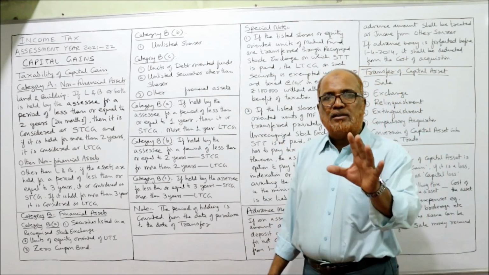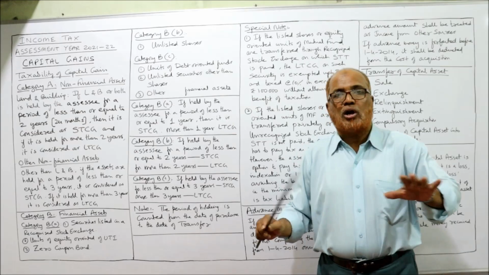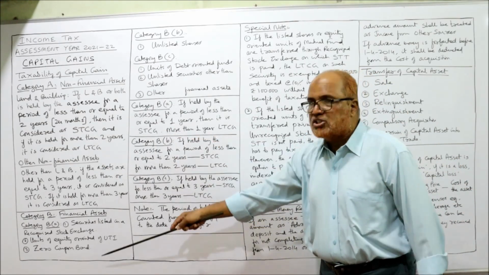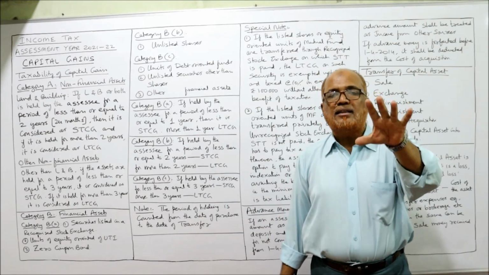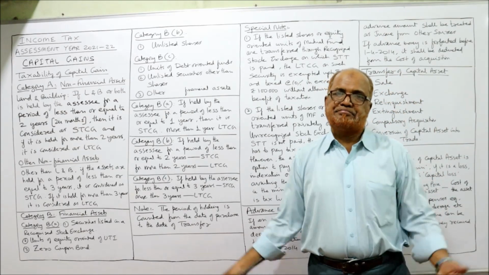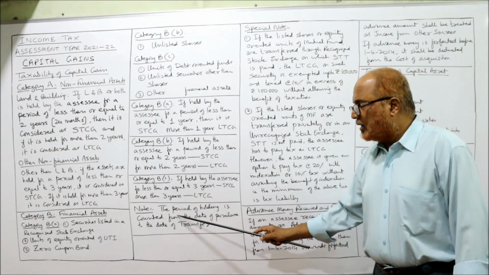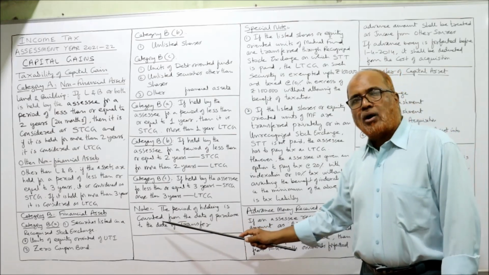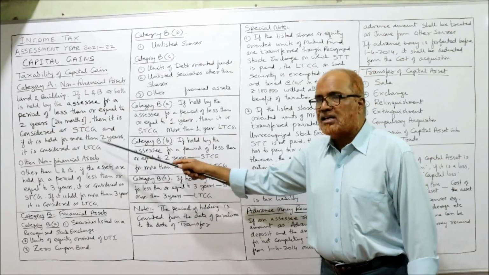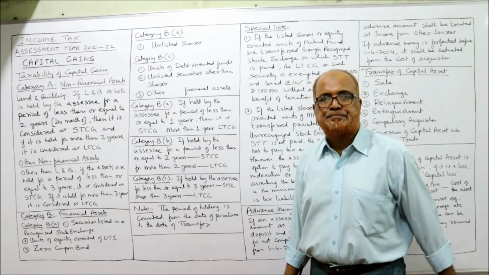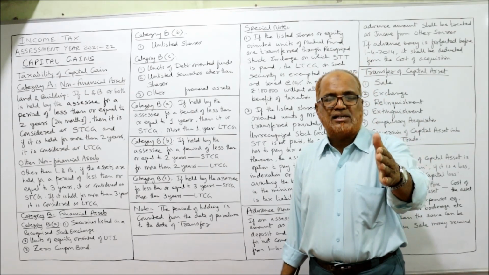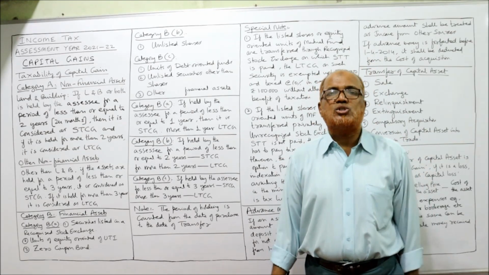That's all. These are the rules you have to remember. In the problem, it will not be specified whether it is short term or long term. If you remember these provisions, then you can decide whether the capital gain will be short term capital gain or long term capital gain. That's it. Now one note you have to remember: the period of holding is counted from the date of purchase to the date of transfer. In all these cases, we have to see what the holding period is. The holding period consists of the date when the asset is purchased and the date when the asset is sold.